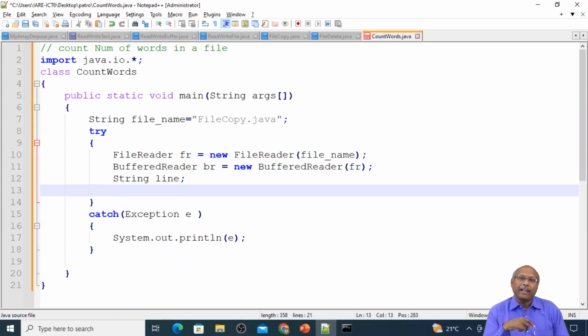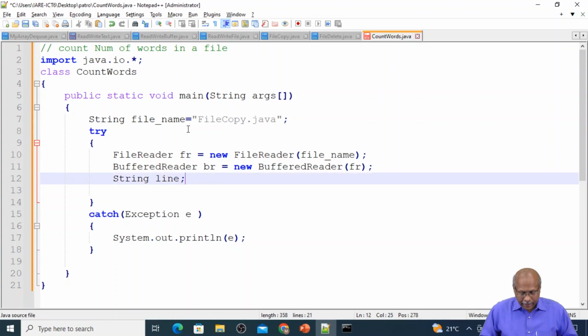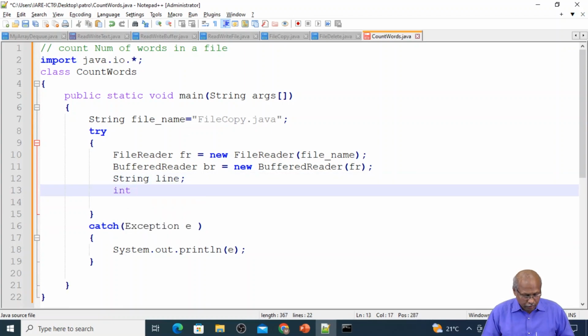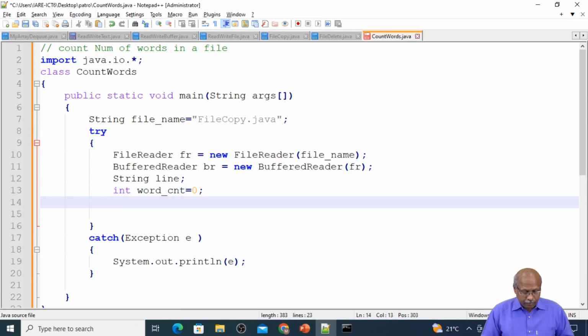After reading the line, I will count the words. Actually my intention is to count the number of words in a file. So I need a counter: int wordCounter. Initially wordCounter is 0. Now I will read line by line while